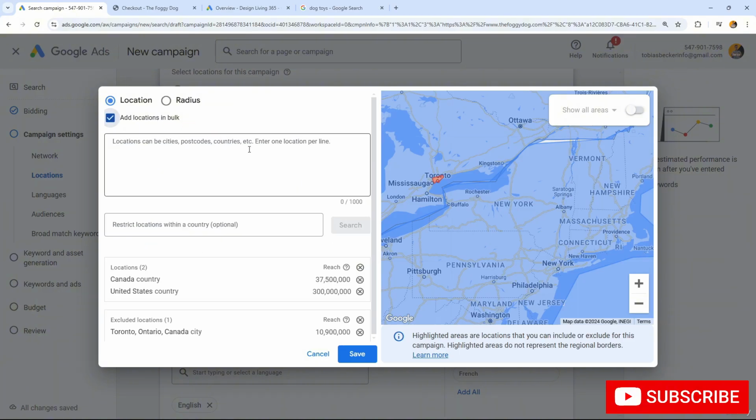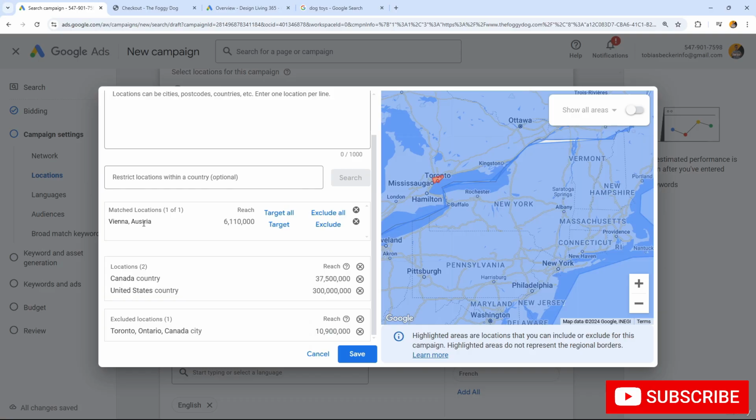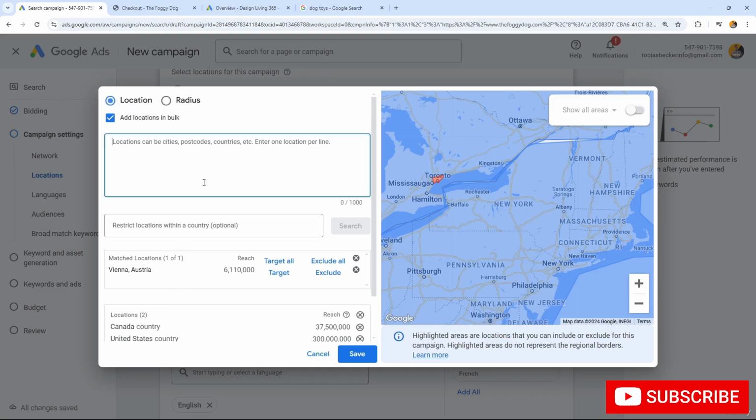Add locations in bulk. So you can also tap this here and then simply put in a postcode, or a country if you can't find it, or a city. So you can simply enter one location per line and then add this with a search. For example, Vienna. I click on search and then we see, okay, Vienna, Austria, there's a match. I can now target this or target all, if you get a few results. For example,